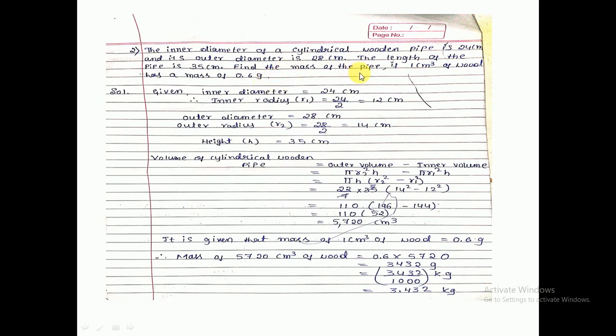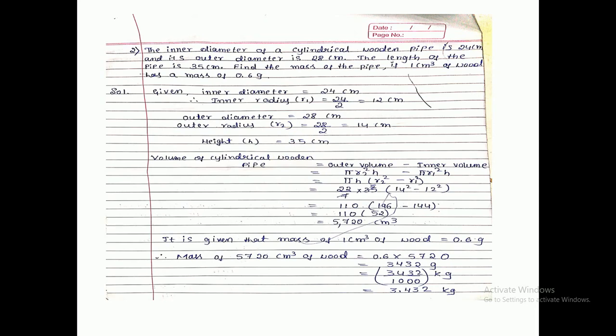Cylindrical pipe we have to find out. So what is given actually? First let us write down the given data. Inner diameter 24 centimeter, then inner radius is 12 centimeter. Outer diameter is 28 centimeter, then outer radius is 14 centimeter. Length of the pipe is given. Length of the pipe is nothing but height. So now volume of the pipe we have to find. How can we find out the volume